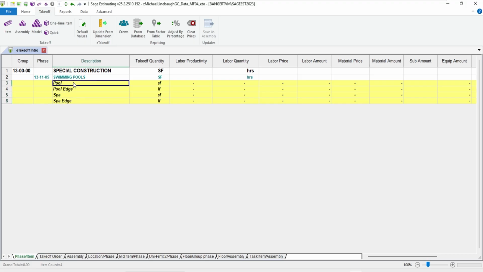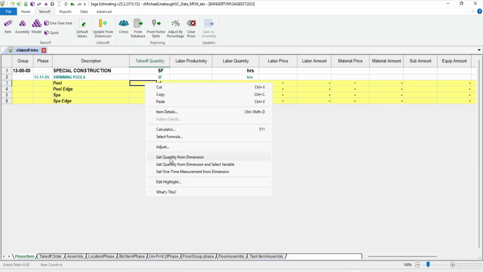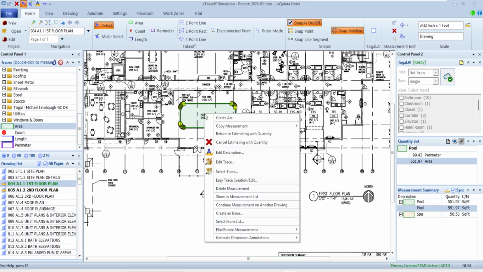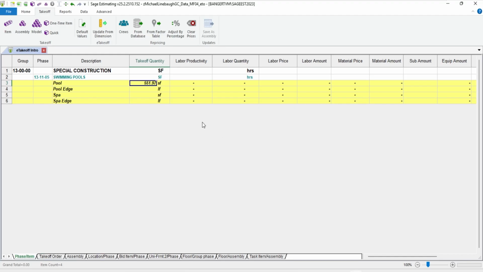Now that I've got an item in my estimate, I could either do this from the estimate, or from within item takeoff if I've got a database built, and drop it right in that item as it's going to the spreadsheet. In this case, I can right-click in that cell and tell it I want to get a quantity from dimension. It'll bring eTakeoff back to the foreground. I pick the trace that I want, and tell it to return that quantity.